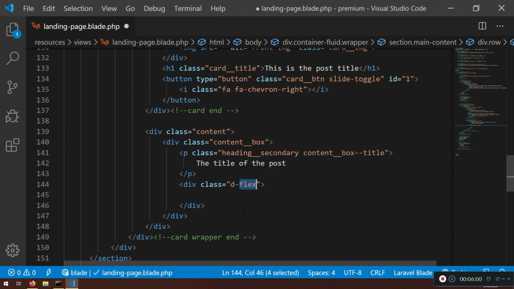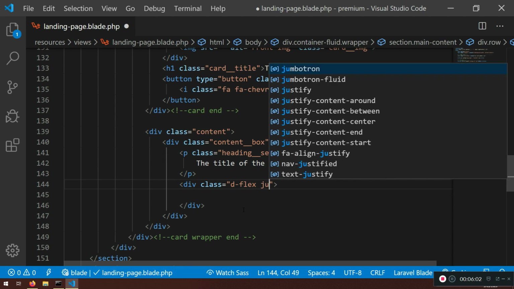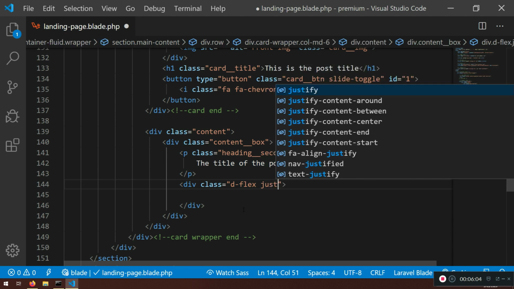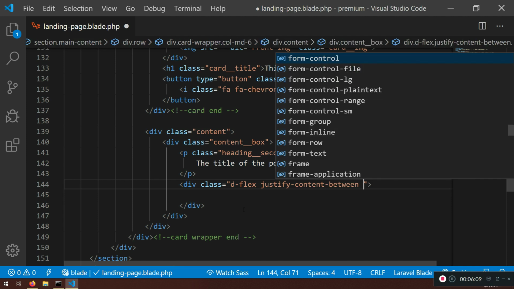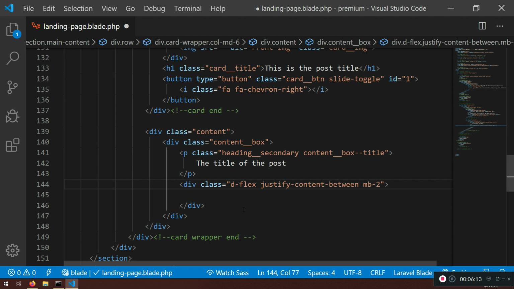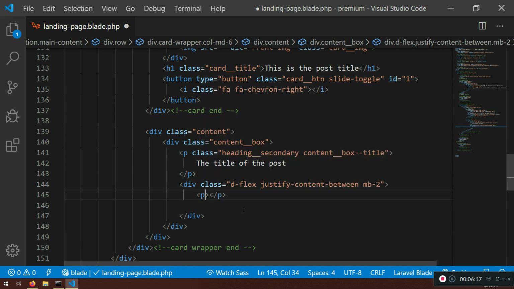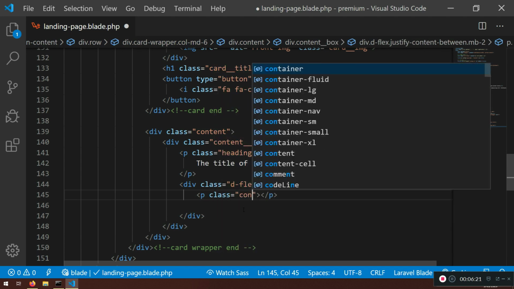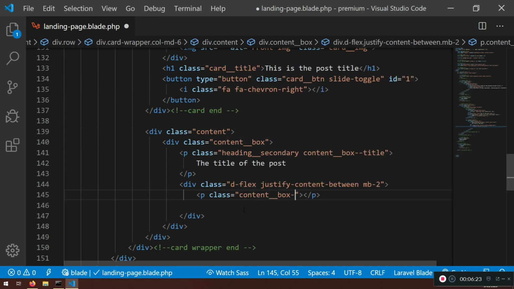What else we need here? We need to justify the content. So we need to justify the content between. I'm just gonna put m margin bottom of 2. Don't worry, these are Bootstrap classes. Now inside here I will have a P class with content box date,